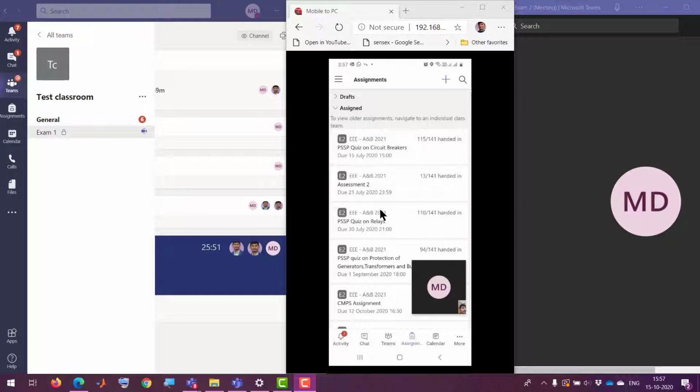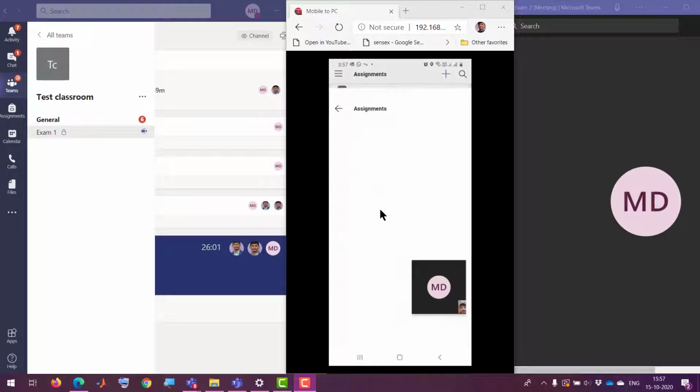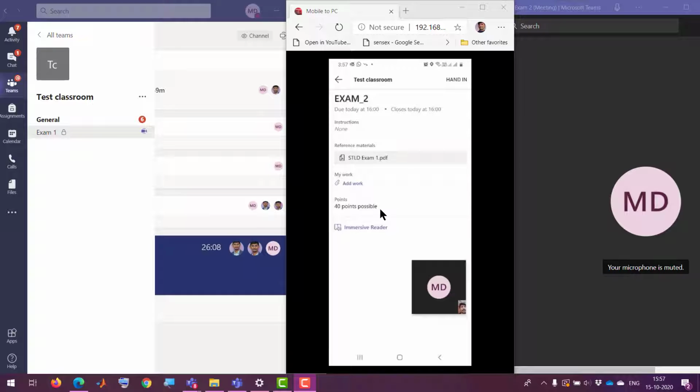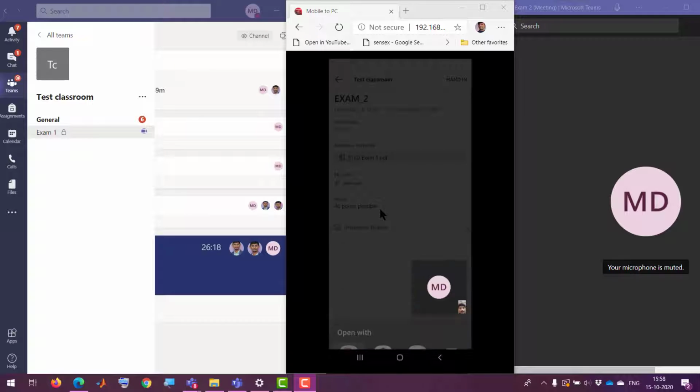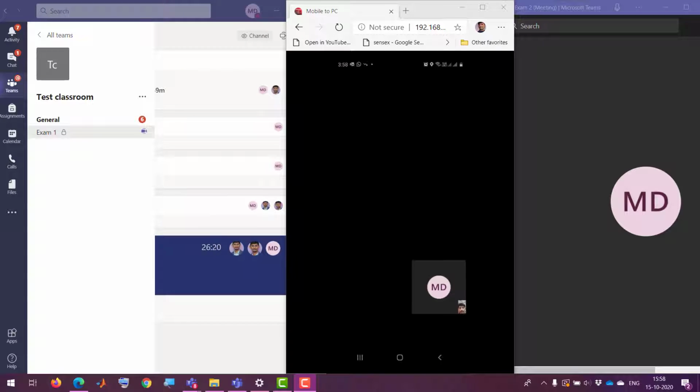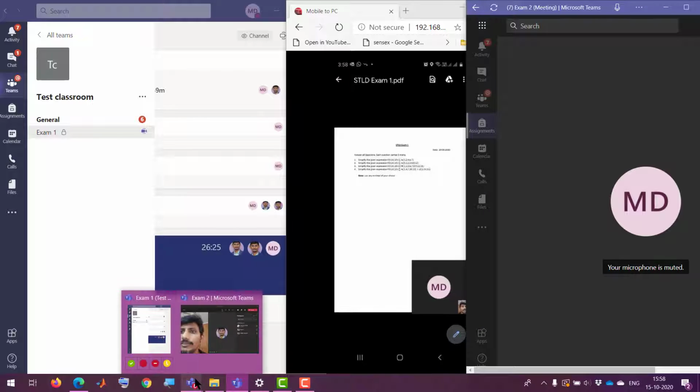If you touch on this assignment section and scroll down, he or she can see exam 2. Now this exam 1 is available, so he can view it by clicking on it.